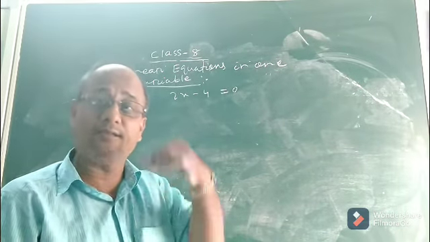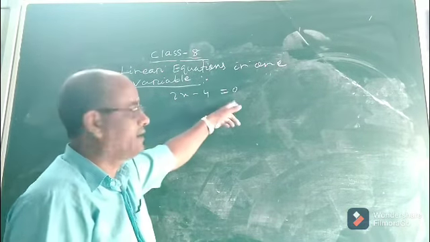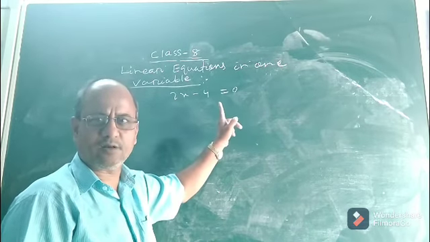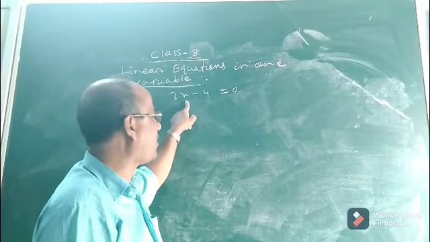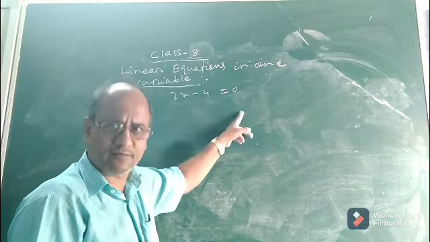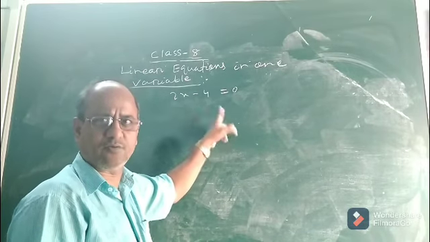Now the point is, what is a linear equation? This thing we read in class 6 and 7 also. I can say that this is a linear equation in variable x. Why is it a linear equation? How to know? Look at the power of x. You understood this is an equation because it is a statement of equality between two expressions. Now the point is, why is it a linear equation?